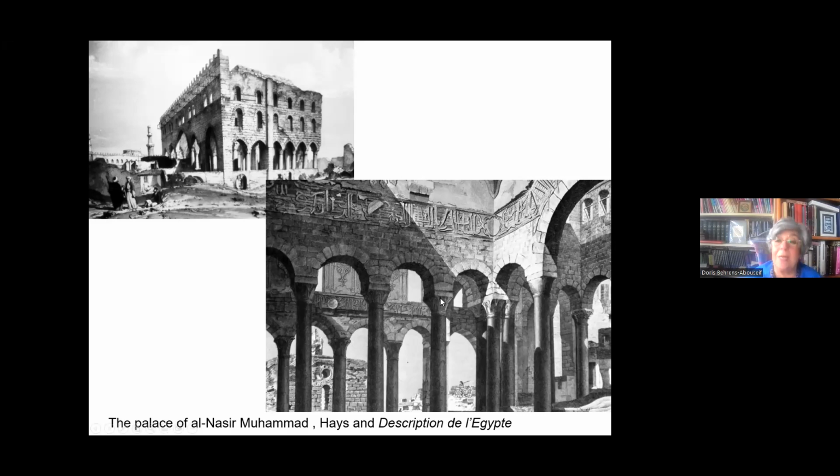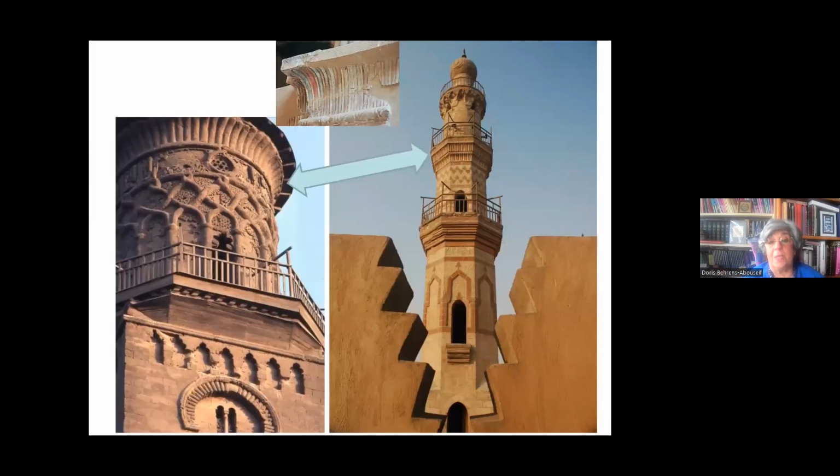So this is the only example, or almost the only example, of an ancient Egyptian motif being copied in Islamic art and architecture. The other case, or two cases, has to be accompanied by a question mark. You have here the upper structure of the minaret of Sultan Qalawun, repaired by his son in the early 14th century, exactly 1303 after the earthquake.